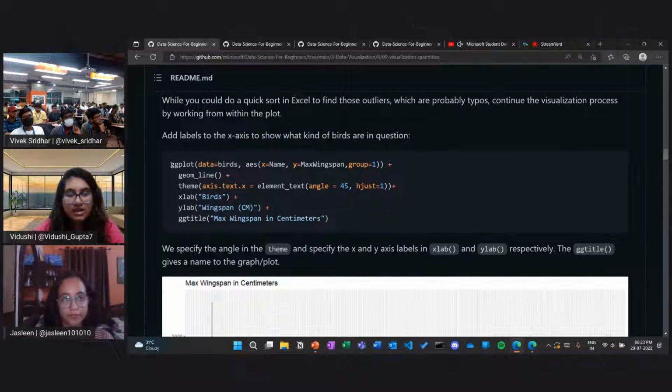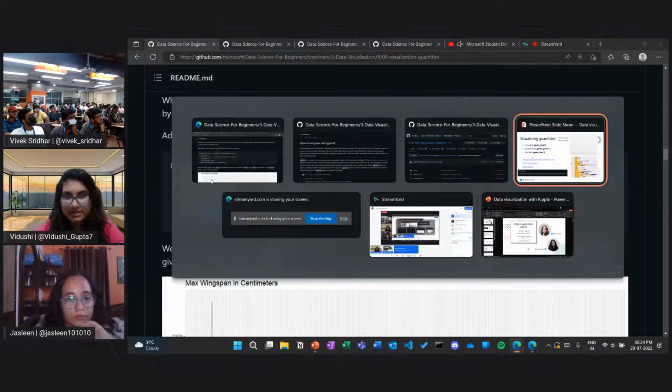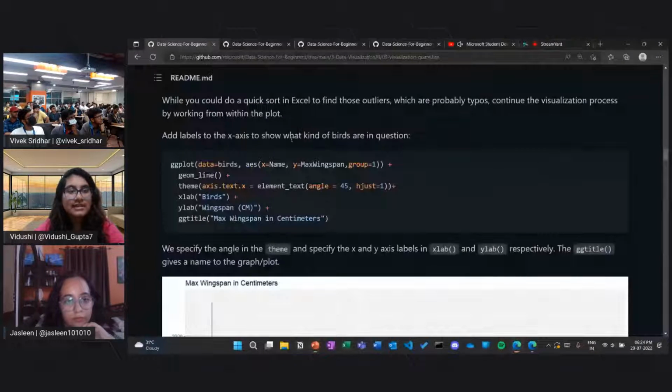So here we call the ggplot function, and then we tell it what data set we have to take. In this case, we're analyzing different features of birds, for example their maximum wingspan or their minimum wingspan, which breed they are from, things like this. So in the ggplot function, we tell the data, then we give the columns that are responsible for the x-axis and the y-axis. So choosing what you have to plot, giving the aesthetics. Now you call the geom_line function to make a line chart, which is what I demonstrated in the PPT also. And then we give a